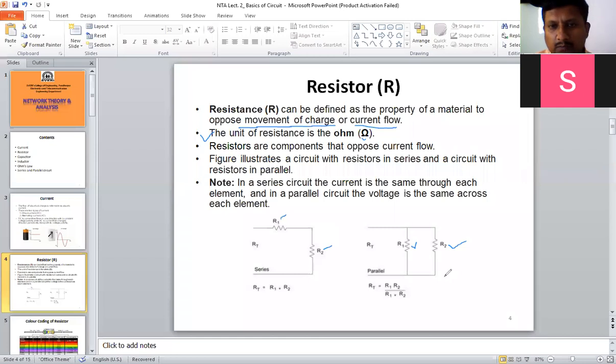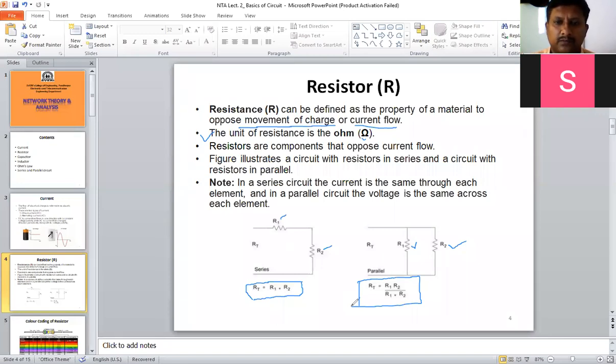So already we have discussed if resistors are connected in series, how to find out the equivalent resistance, that is RT is equal to R1 plus R2. If n number of resistors are connected in series, then we take the addition of all resistors, R1 plus R2 plus R3 plus R4, like this. Similarly for RT, if the resistors are connected in parallel, I have already given the formula. Here RT is equal to R1 into R2 divided by R1 plus R2. Okay, so that we have already discussed, but we have not solved some problems.